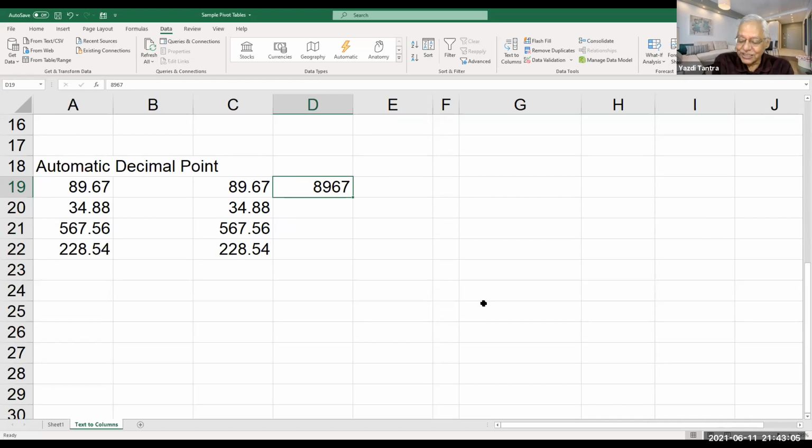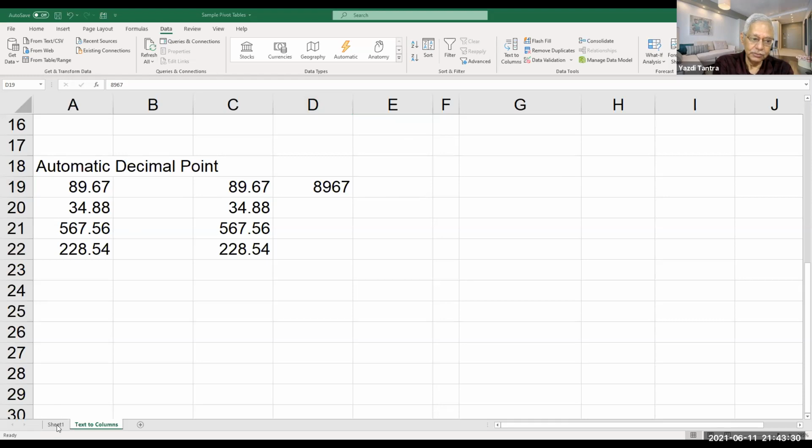Okay. So the question was asked, what if the cell is not formatted as a number? Obviously, then it will ignore the decimal point issue. Only if the cell is formatted as a number will it work. Now, if you use large amounts of data in Excel, pivot tables is something which you cannot do without. Let us see what pivot tables do.